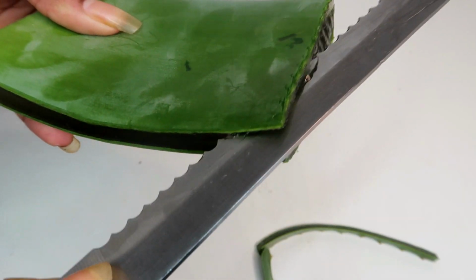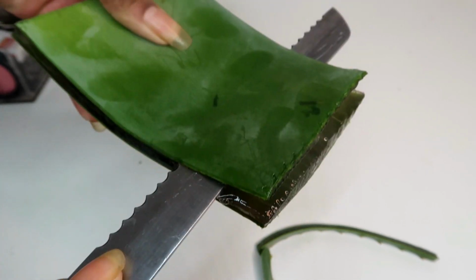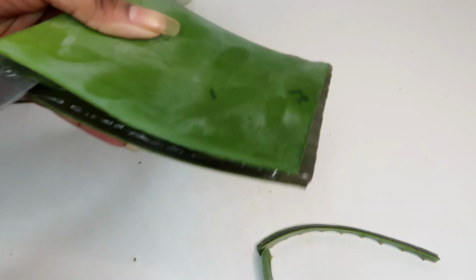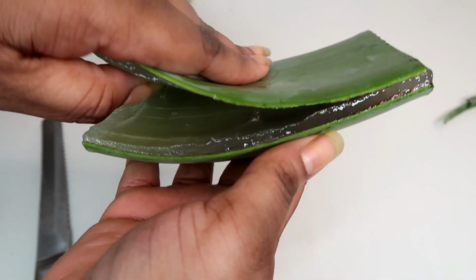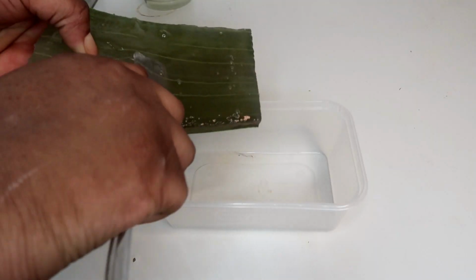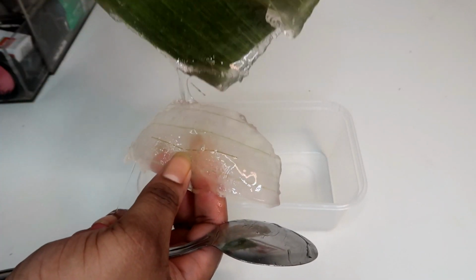But once you have cut off the spikes on each side, I then go ahead with the knife and cut off the flattest side of the aloe vera leaf. I try to stay as close as I can to the skin. Now this is the fun part, where you get your spoon and you scrape out all that aloe vera juice from the middle. Now this can get a little bit messy, so don't be like me and ensure that you